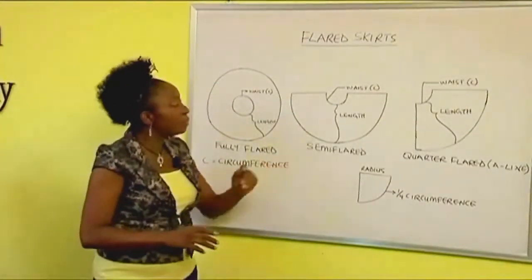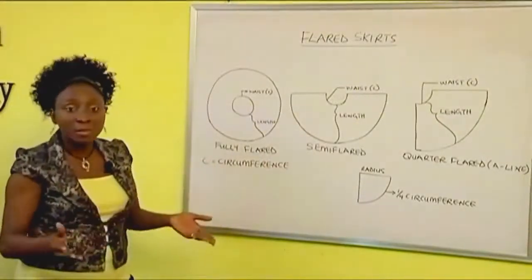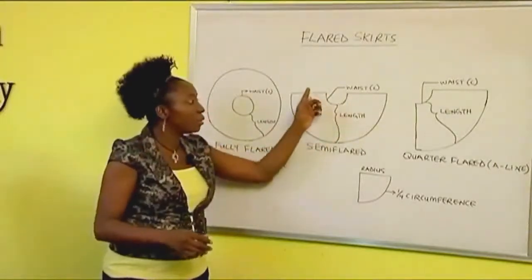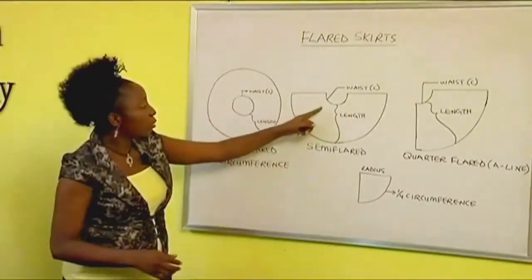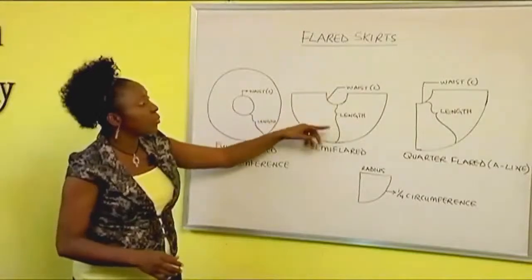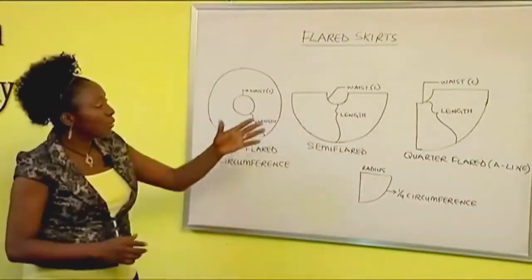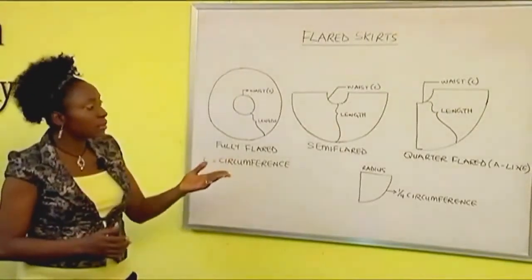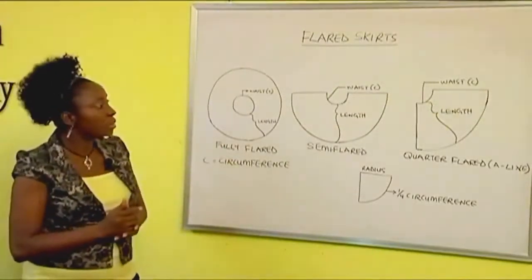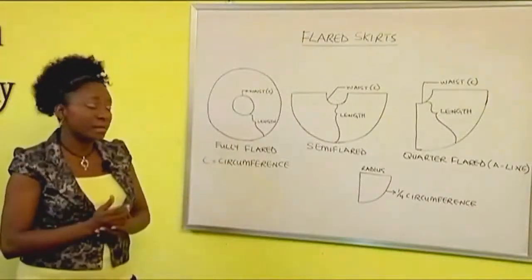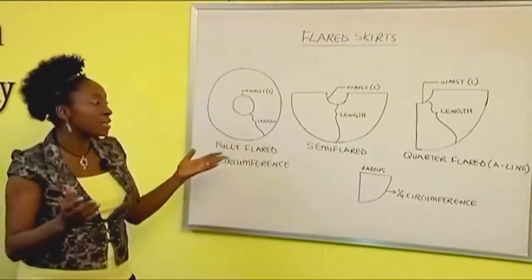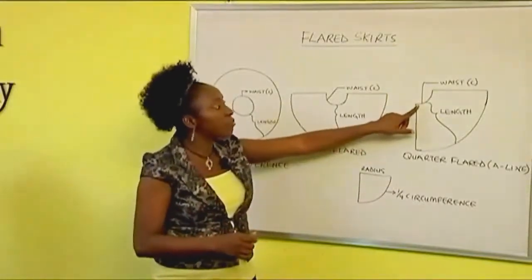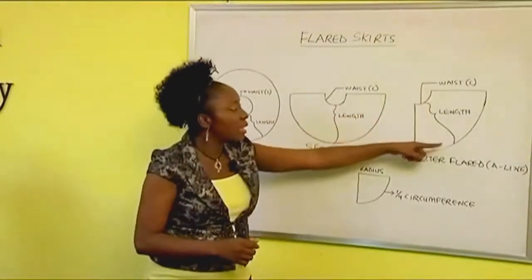Now if you look at the semi-flared skirt, you can see that it's a semicircle. We have the inner semicircle here representing the waist, and the distance between the two semicircles will give you the length. The third one we have there is a quarter circle, called the quarter flared skirt, also known as the A-line skirt. It's not as flared as the others. This quarter circle represents the waist, and the length is in between